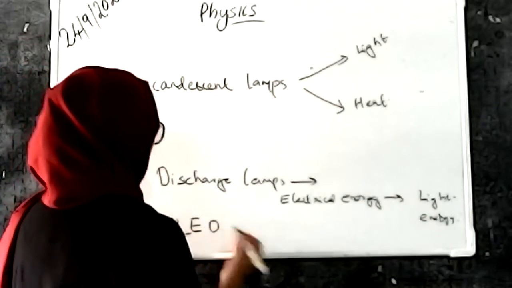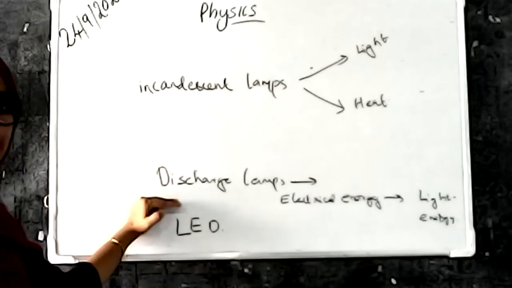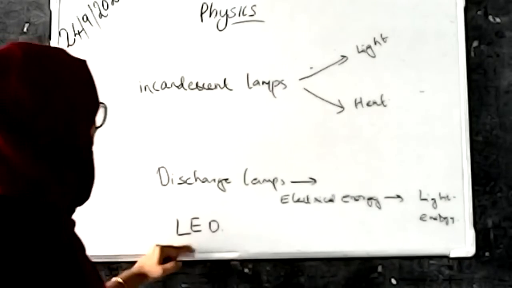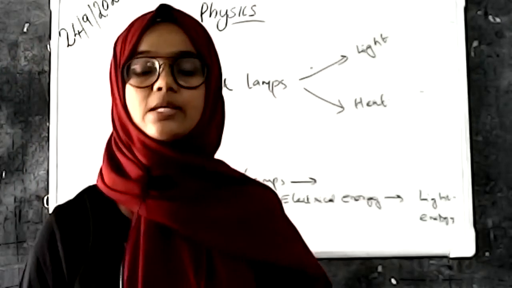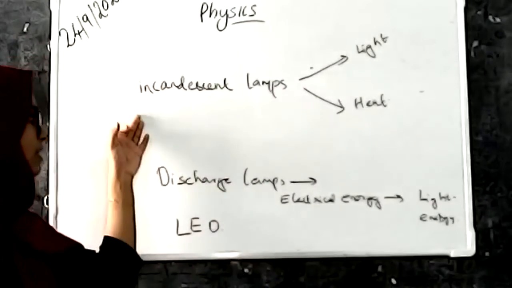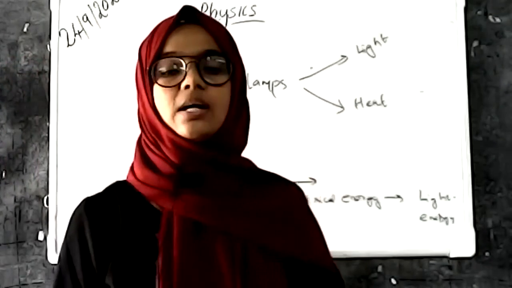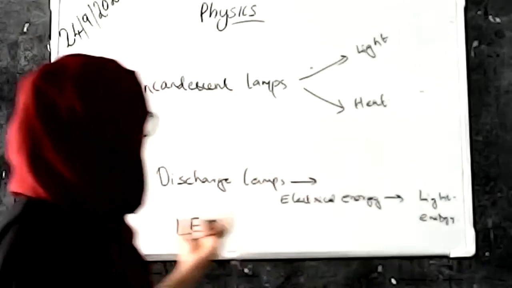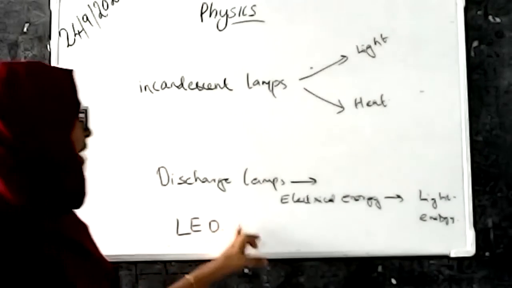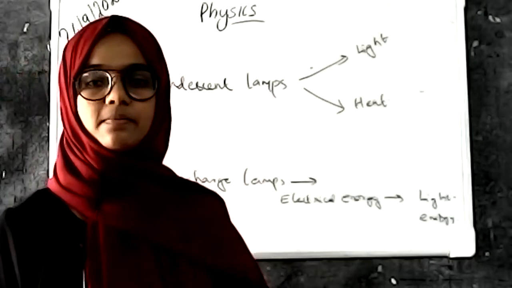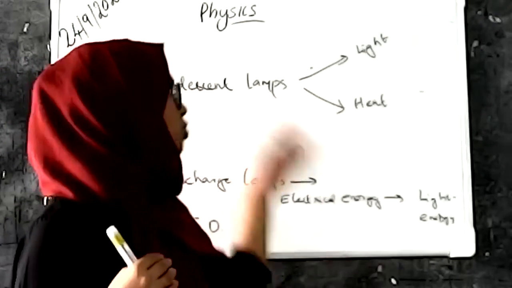LED lamps are more useful than incandescent lamps and discharge lamps. They are very low cost, and the effect of an LED lamp is comparatively greater than incandescent and discharge lamps. Light emitting diode lamp is the full name of LED lamp. Light emitting diode bulbs or lamps are LED bulbs, and they are more efficient and more effective compared to incandescent